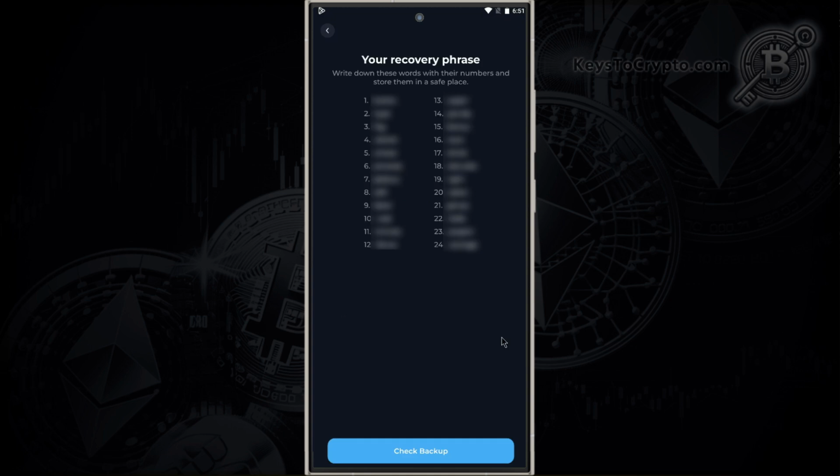And this is your recovery phrase. Write down these 12 to 24 words, keep them in a safe place. And if you accidentally delete your app, lose your phone, or have it stolen, this recovery phrase will help you recover your wallet. And that's how to create a